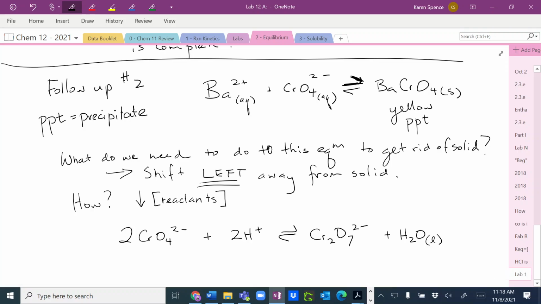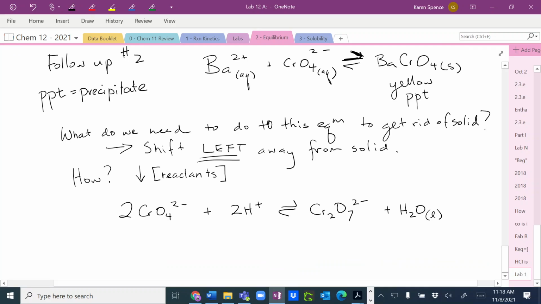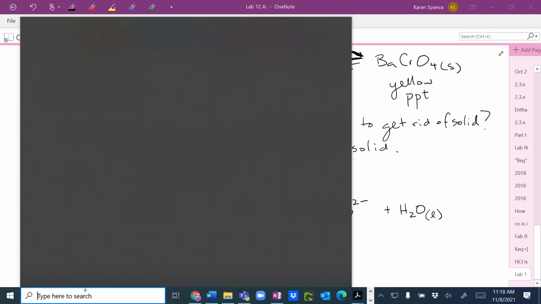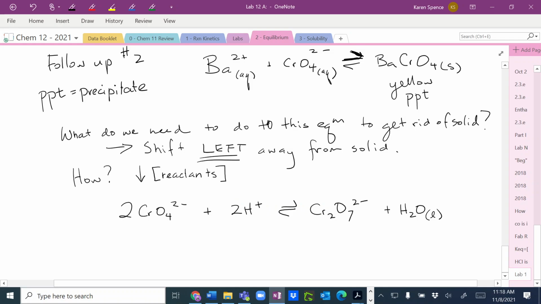How could we use this equilibrium to decrease the concentration